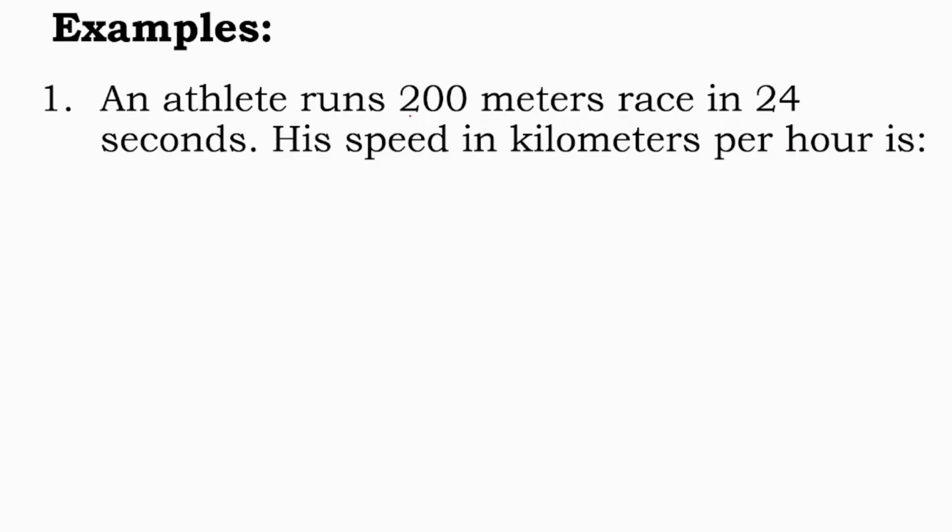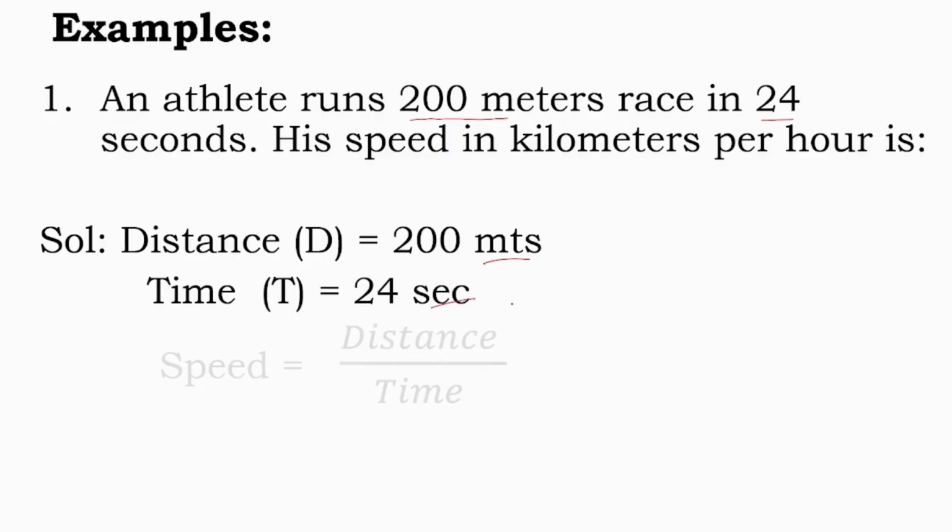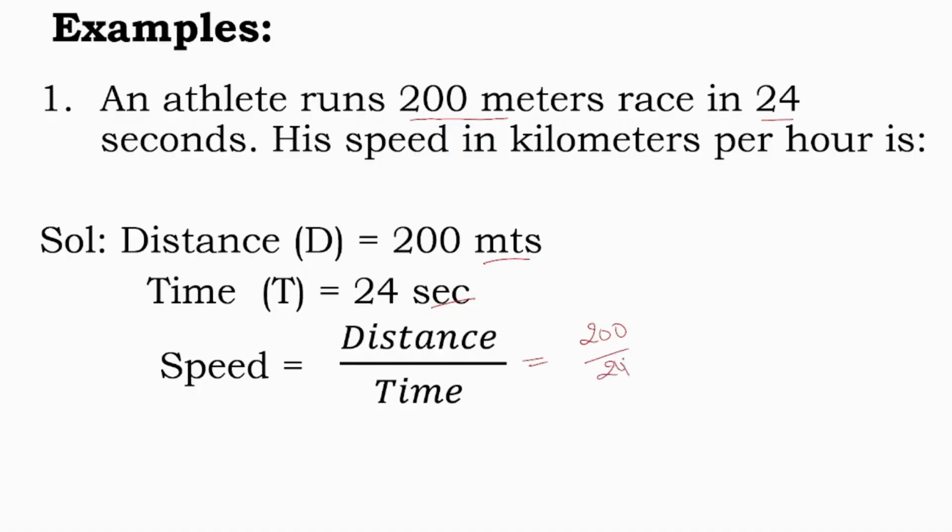So here the distance the athlete travels is 200 meters and the time is 24 seconds. So here the distance is given in meters and the time is given in seconds. So the speed formula is speed equal to distance by time, that is 200 by 24. What happens? It is meters per second. But we have to find